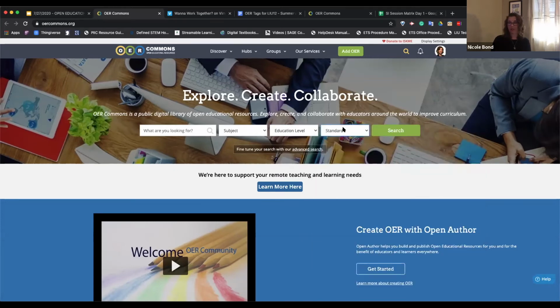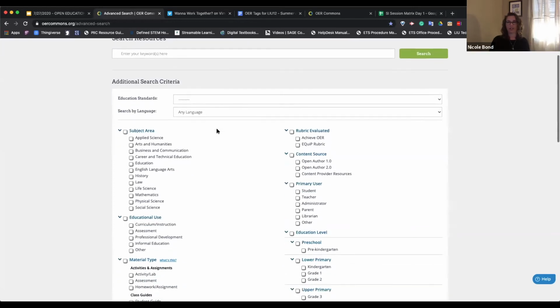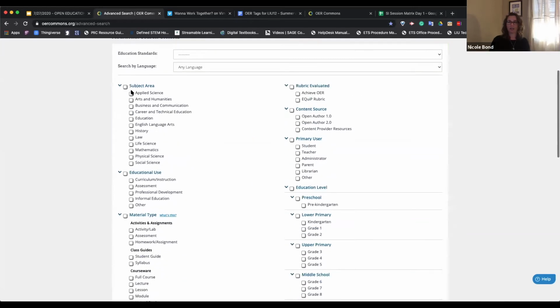Additionally, what I want to point out is down here at the advanced search. Initially, a lot of times we use the search bar immediately. I'm going to go into the advanced search because this is a fantastic way to really drill down for the piece that you're looking for. In the advanced search, I can still do my keyword up here, but I can narrow down my search criteria. I can select multiple subjects. So maybe if I want history and language arts to overlap, I can do that.